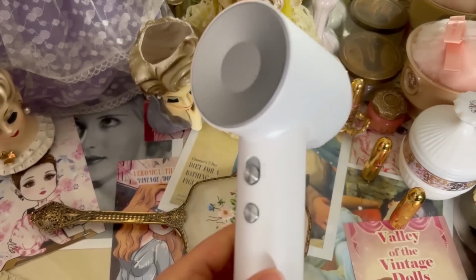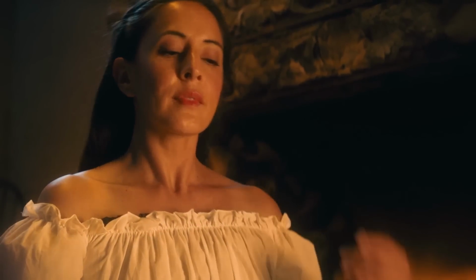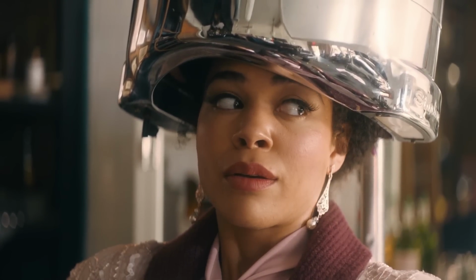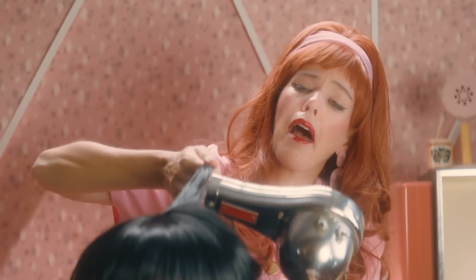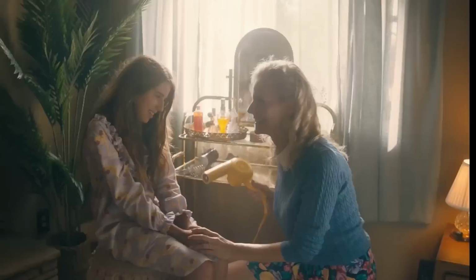And diving into the history of the hairdryer is a long and interesting one. The first hairdryers were invented in the late 1800s, and they quickly became popular among women who wanted to achieve the perfect coiffed look. The early hairdryers were large and bulky, and they required a lot of time and effort to use. In the 1920s, new and improved models began to hit the market, and by the 1930s, hairdryers were common household appliances. Today, there are dozens of different types of hairdryers available, each with its own unique features. Whether you're looking for a powerful blast of hot air or a gentle flow of cool air, there's a hairdryer